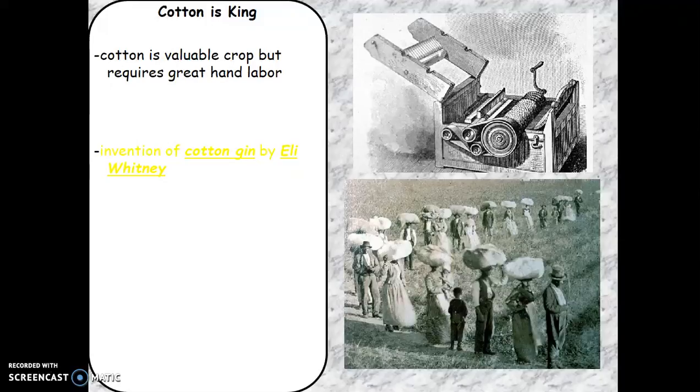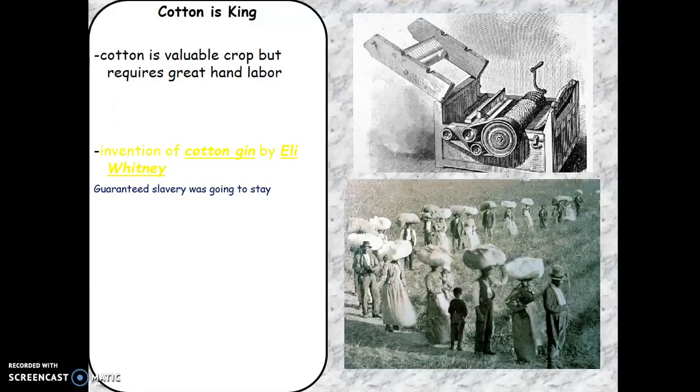This is all going to end when Eli Whitney invents the cotton gin. After Eli Whitney invents the cotton gin, which takes the seed out of cotton, this is a picture of one to your right here, with a crank wheel on it. After Eli Whitney creates the cotton gin, the cotton industry is going to boom in the South, because the one thing that slowed cotton down was the time that it took to pick the seed out of each cotton boll. Now this machine does it as fast as you can put it in and crank it out of the machine. So cotton is going to boom in the South. It also guarantees that slavery is not going away.